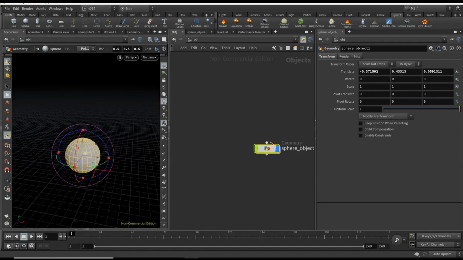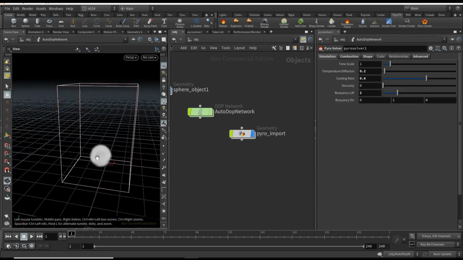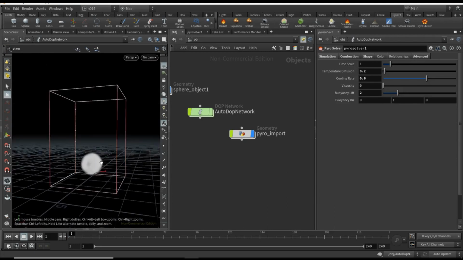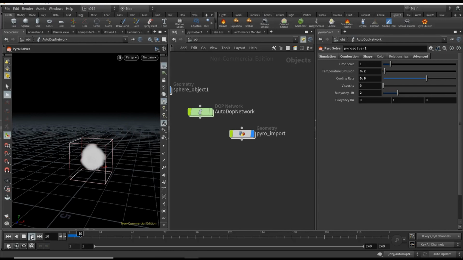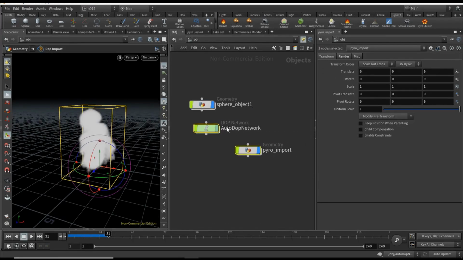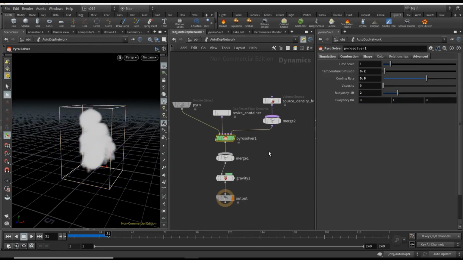And next we go to the pyro shelf, and as we use below is smoke, you have to click here, and with this it has created a simple smoke simulation for us. Let's play the simulation. Also, we can find in the network editor that all the necessary nodes have been created for us with default